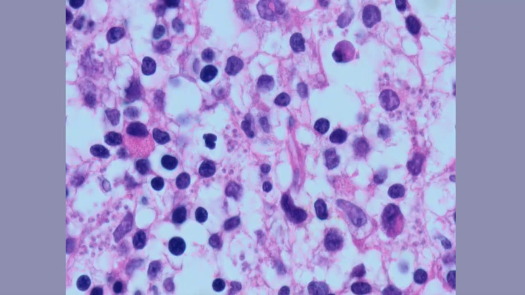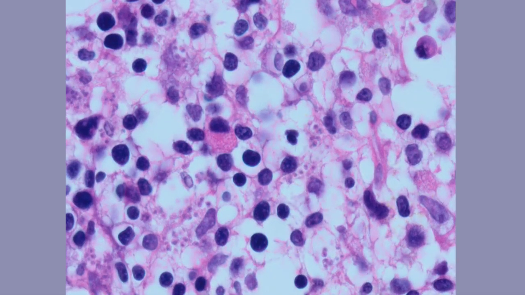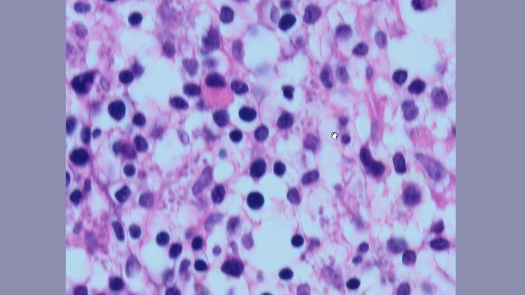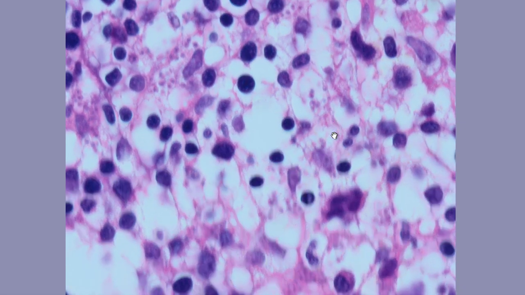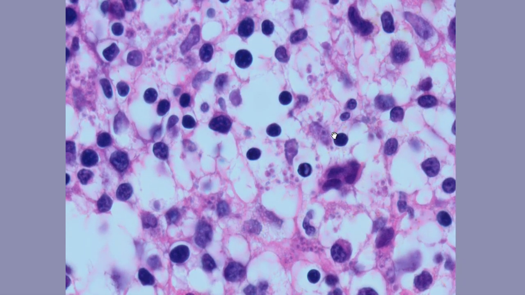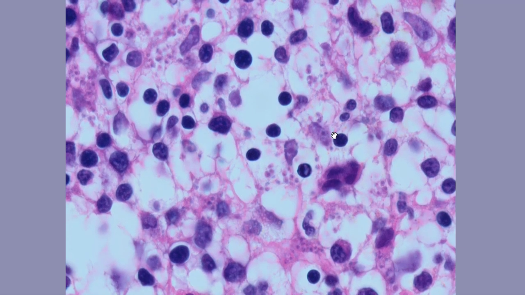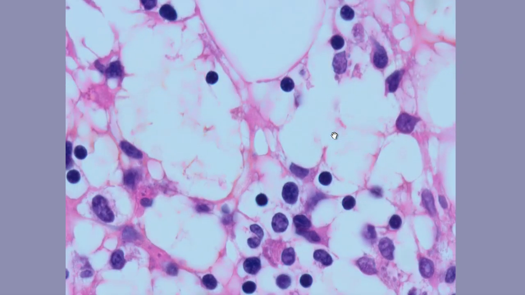Now with oil immersion, you can actually even make out that these round bodies have eccentric nuclei, and this immediately, of course, raises the question of leishmaniasis, visceral leishmaniasis. It could, of course, also be histoplasmosis, and we're going to find out in a second with the aspirate